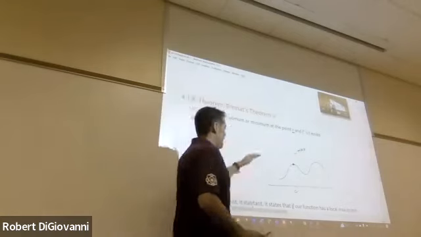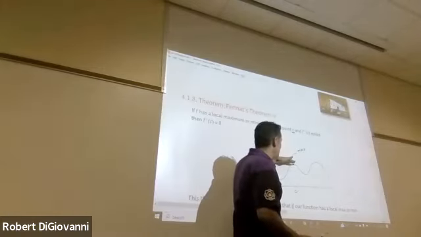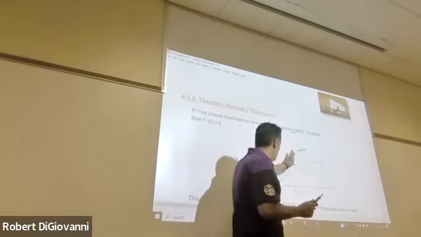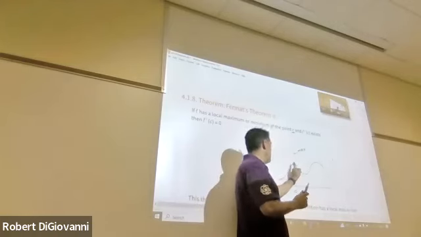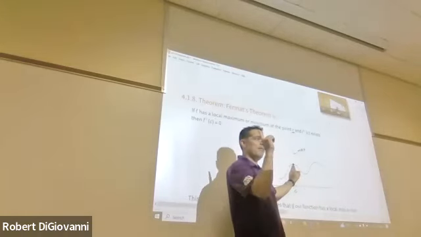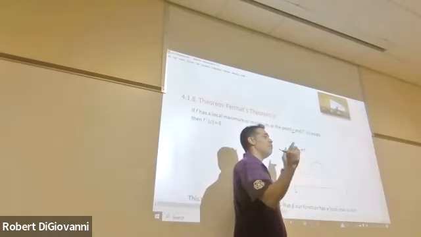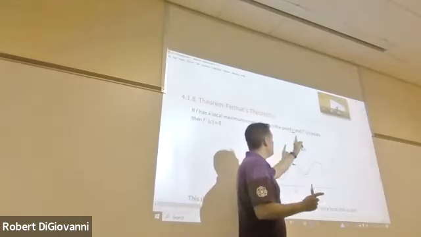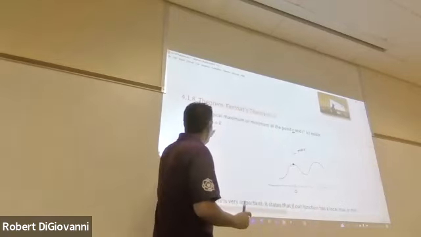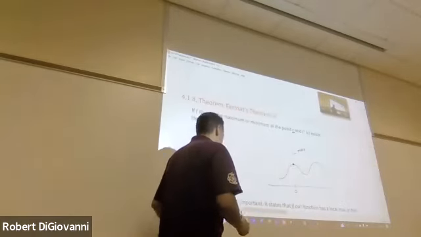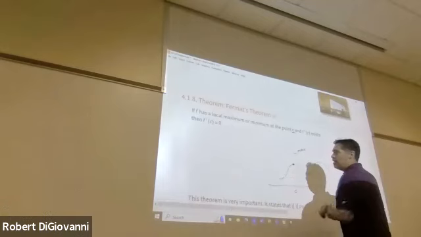So this theorem says, if you're talking about a local max at some point C and the derivative exists, so here you don't have a jump, you don't have a vertical tangent, and you don't have a cusp or corner, then this theorem guarantees that the derivative at that point is zero,